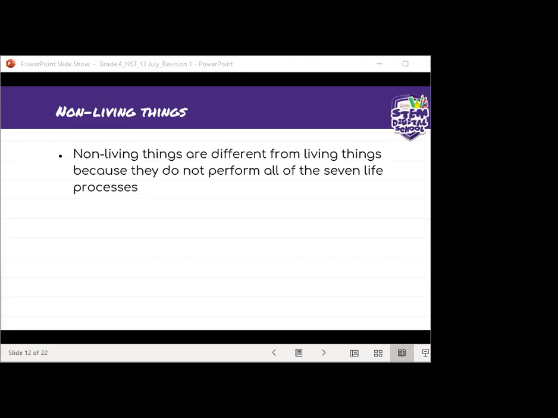Okay, so to reproduce is when we say it makes babies or offspring. So that's what we mean by reproducing or reproduction, to make babies or to make offspring. Can your computer make babies? It doesn't. Okay, so we can say that your computer is non-living, because it doesn't follow the 7 life processes. All right. Cool. Thank you very much, Jordan. You're welcome.